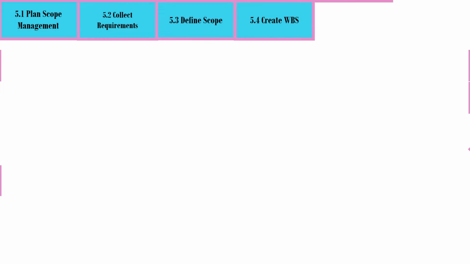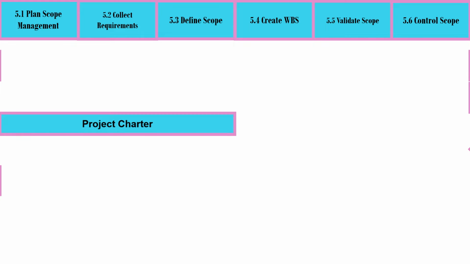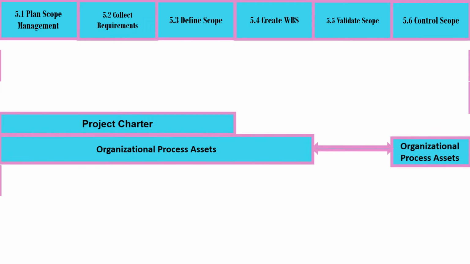Inputs of Project Scope Management. Project Scope Management has the following processes: Plan Scope Management, Collect Requirements, Define Scope, Create WBS, Validate Scope, and Control Scope. Plan Scope Management has the following inputs: Project Charter, which is shared with Collect Requirements and Define Scope, Organizational